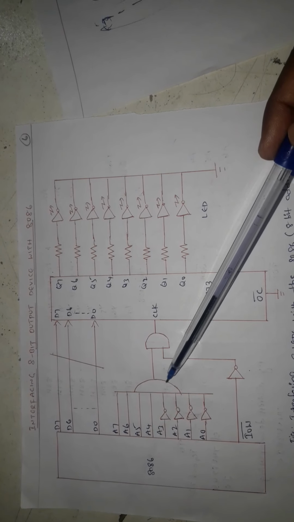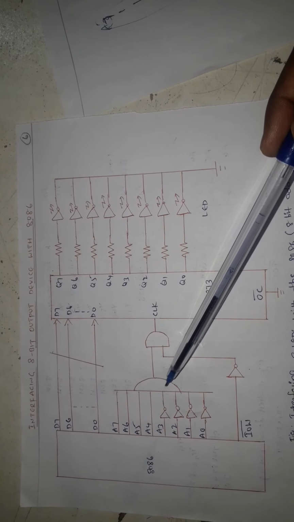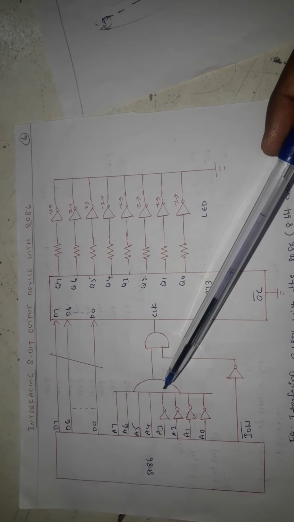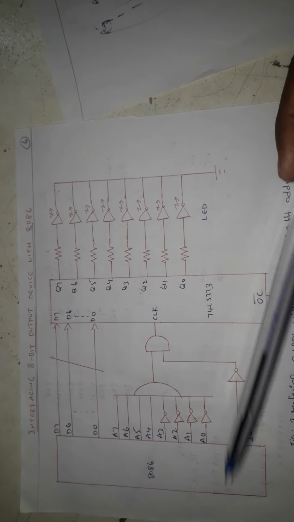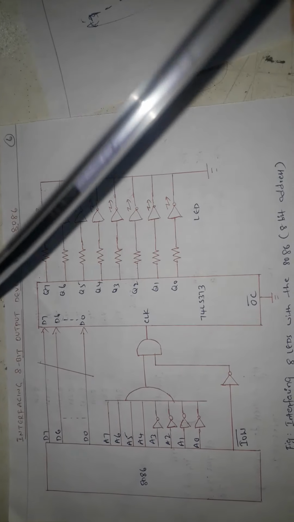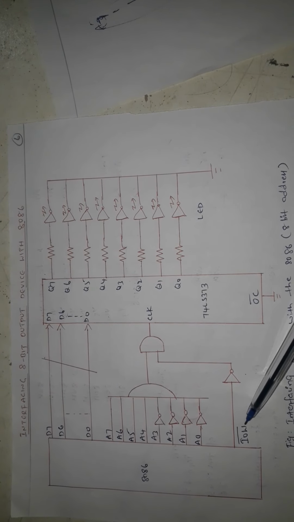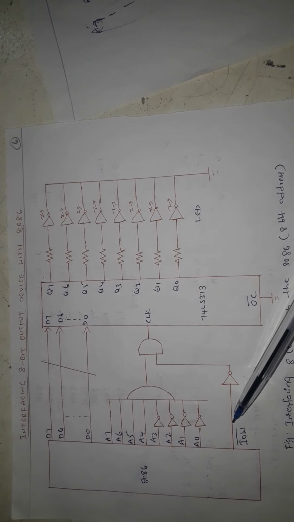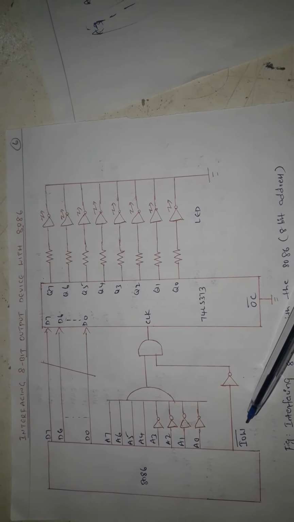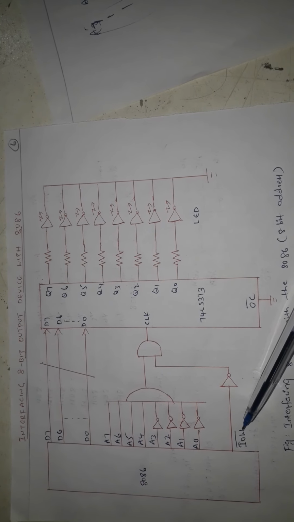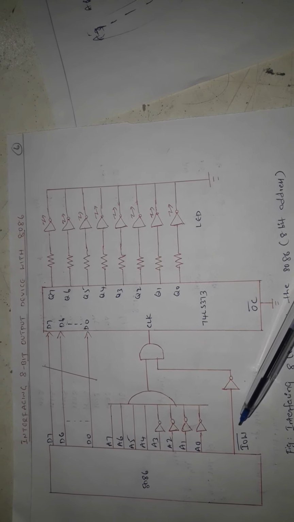And the construction is shown here for an 8-bit output device with the help of logic gates. Just like an input device, this can be replaced with the help of a decoder, but here it is shown only for logic gates. So you can do this with the help of a decoder, just like we have done for the input device. And now we are going to use the IO write signal to write the data to the output device. For the input device, we need to read the data, so we use the IO read signal; here the IO write signal is also an active low signal.